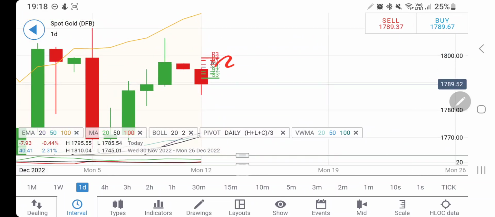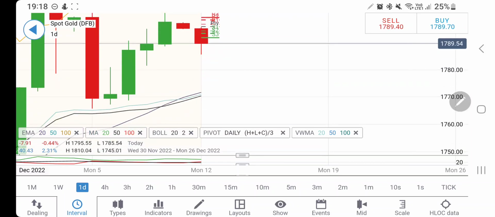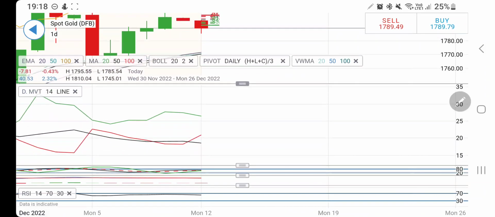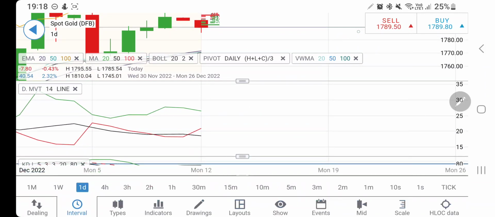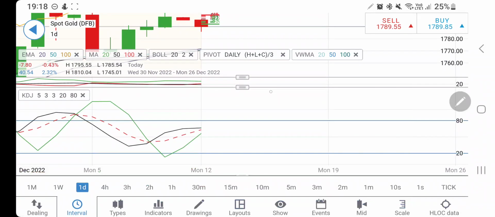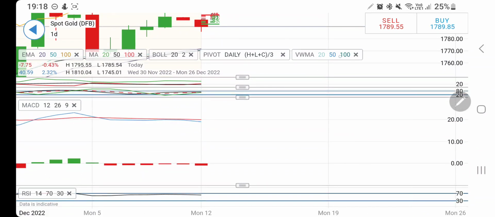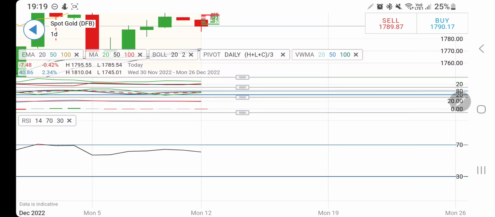And if you look at the daily charts, it tried to rise or trade beyond 1795 but failed to do so. Now it is again looking downwards, and below 1784-85 certainly you can expect 82-80 zone first support, and further to that we can expect in fact 1774-75, and then 1770 is going to provide a maximum support. Likewise, direction movement is bullish, it is trying to converge. Stochastic is comfortable. The MACD has taken a cross here and it is trading with slight divergence, indicating increasing bearish. And if you look at the RSI, this is trying to